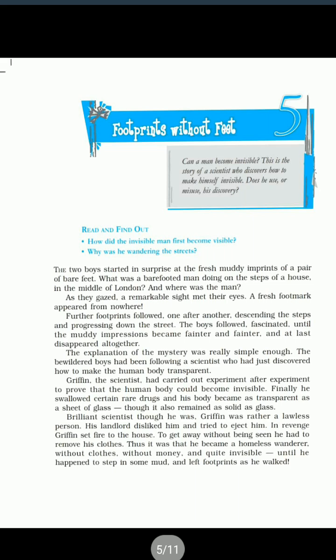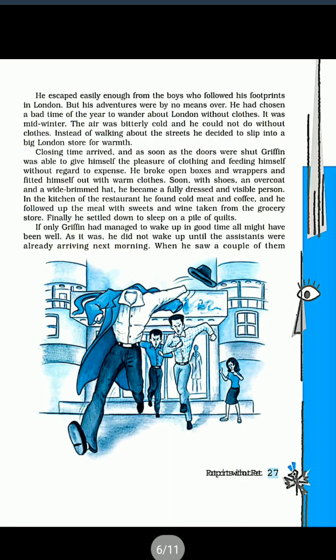His landlord disliked him and tried to eject him. In revenge, Griffin set his house on fire. Griffin had to remove all his clothes if he wanted to be unseen by the people. He became a homeless wanderer without clothes. He had no money. He left footmarks as he walked. The air was bitterly cold. Griffin was naked,